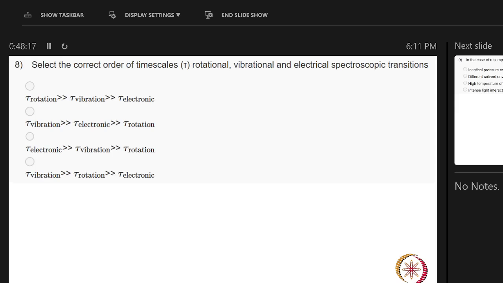Now we have three. The question is: select the order of time scales, that is rotational, vibrational, and electronic spectroscopic transitions. Okay. So we have three energy levels. One is rotational. If you see the electromagnetic spectrum,